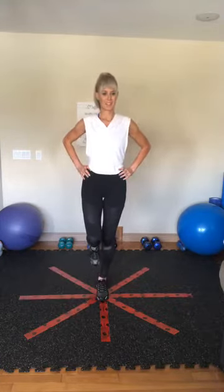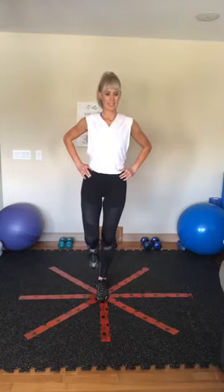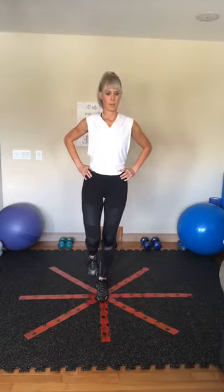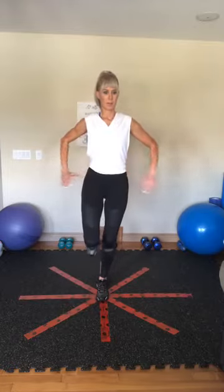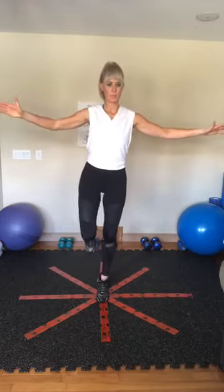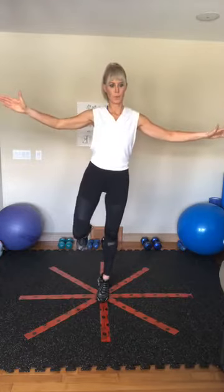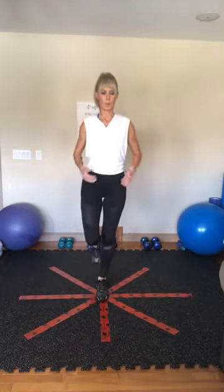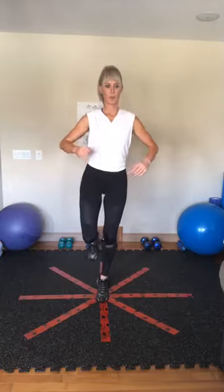Now what we're going to try to do is, staying on that foot, lift the heel, balance for a second, and come back down and rest. Lift the heel, balance, 3, 2, 1, and down and rest. Really feel that burn in the foot. Those are muscles that don't get worked very often. They get worked more on trail running, things like that. For us road runners that don't spend any time strengthening our foot, this is where a lot of injuries come from, is weak feet. Come back up, balance,